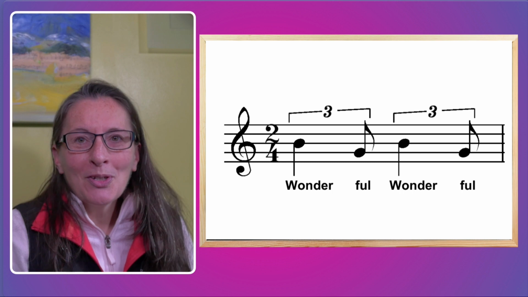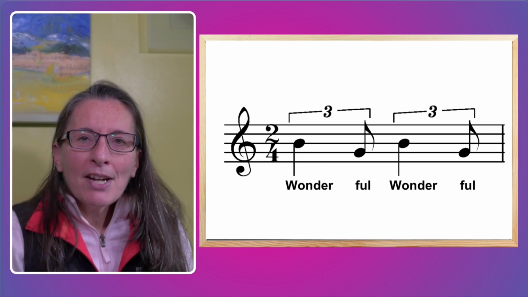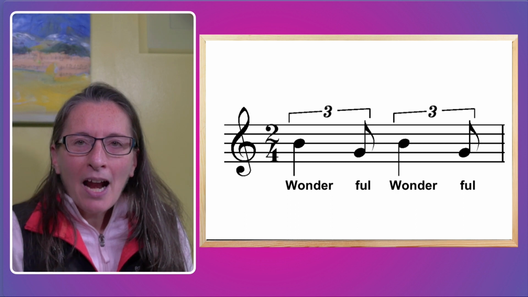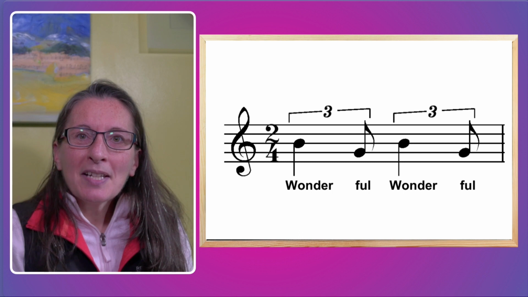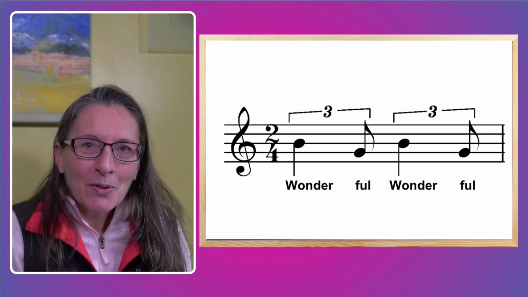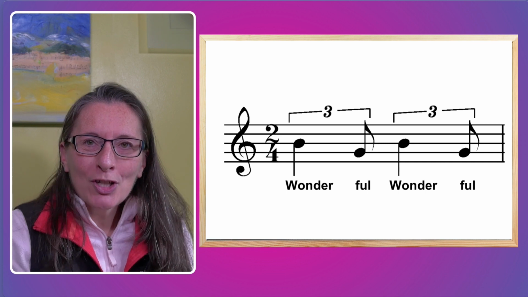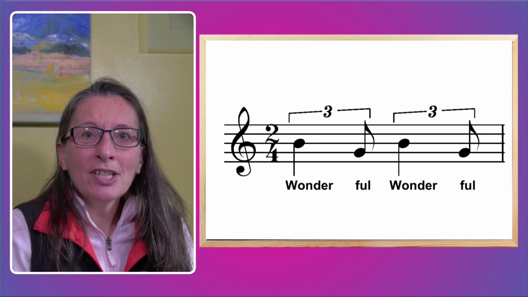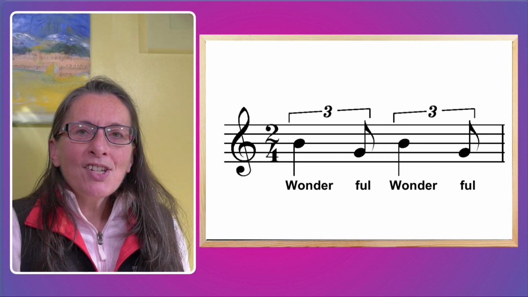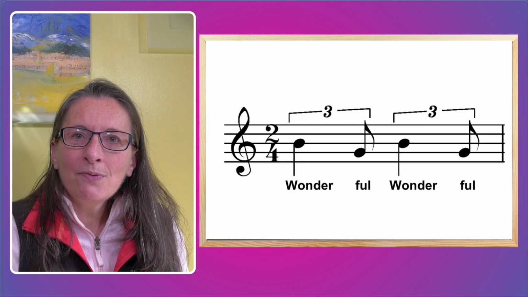Now you could use the numbers 1, 2 and 3 to help you do this, but in preparation for increasing the speed, I recommend using the syllables from the word wonderful. So you say "wonder" on the quarter note or crotchet, and then the syllable "full" on the triplet quaver. Wonderful, wonderful, wonderful, wonderful. Now you want to gradually increase the metronome speed until you get to around 150 beats